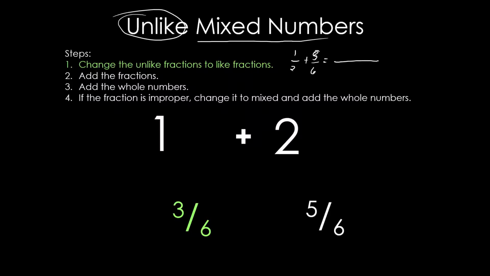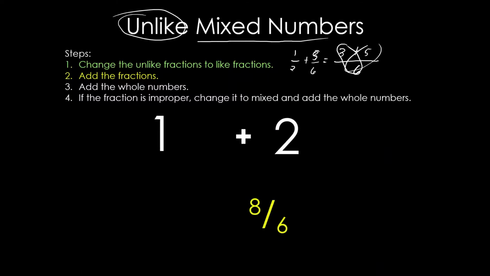2, 4, 6, tapos si 6. So, 6. 6 divided by 2 is 3 times 1 is 3. 6 divided by 6 is 1 times 5 is 5. Kaya siya naging 3/6 and then, i-retain natin si 5/6. So, ganun lang. Then, i-add natin sila. I-add natin yung fractions ng 3/6 and then 5/6. It will give us